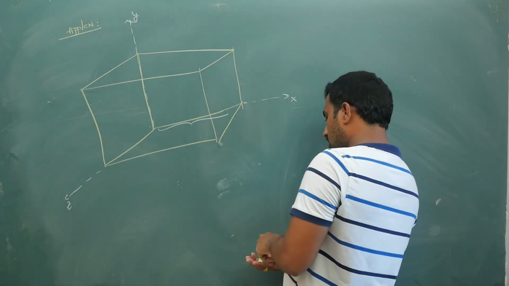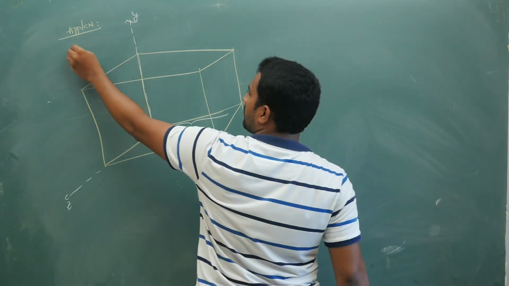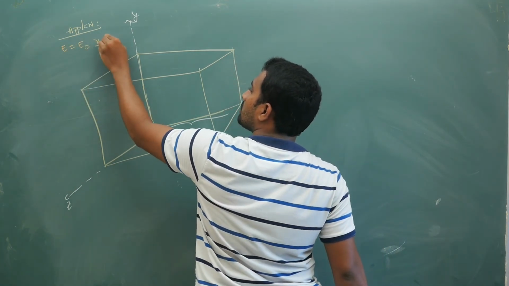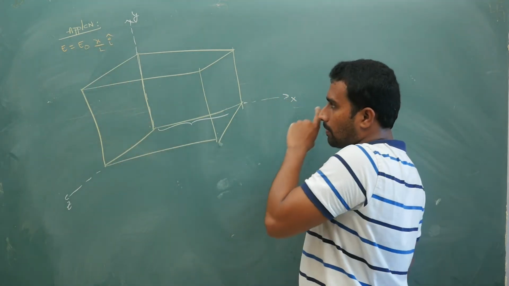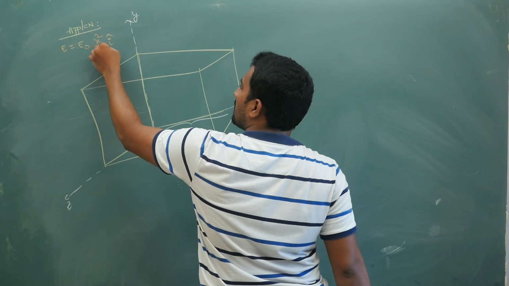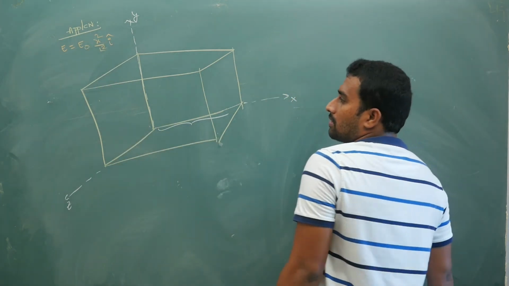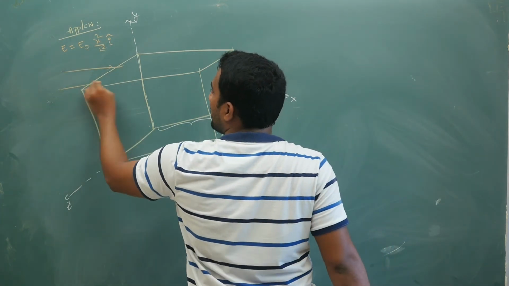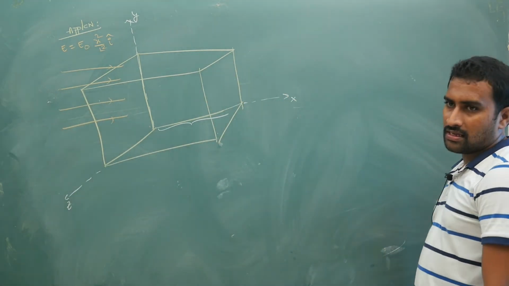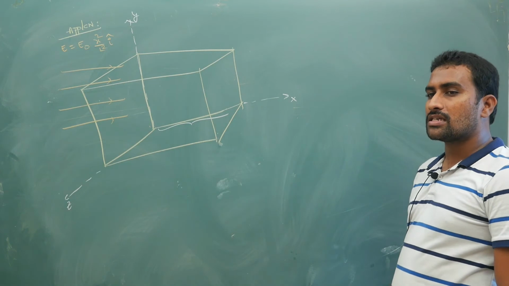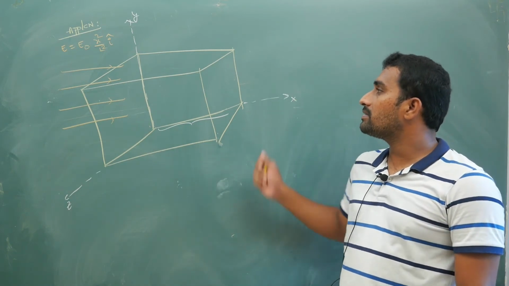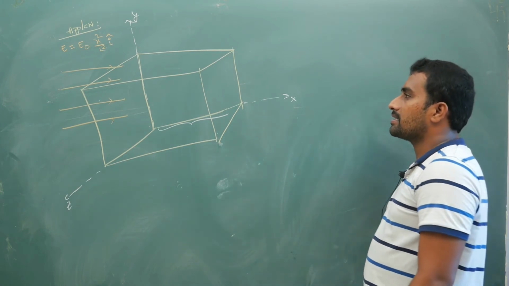Now what does your electric field mean? In the question, let us say I am giving you E is equal to E naught times x by L I cap. Or let us say it is E naught x square by L square I cap, like this. Your electric field is going to vary with respect to the x coordinate. Here it is not constant. In the previous case we had a constant electric field and we got net flux 0. Now the electric field is varying with respect to surfaces like this.